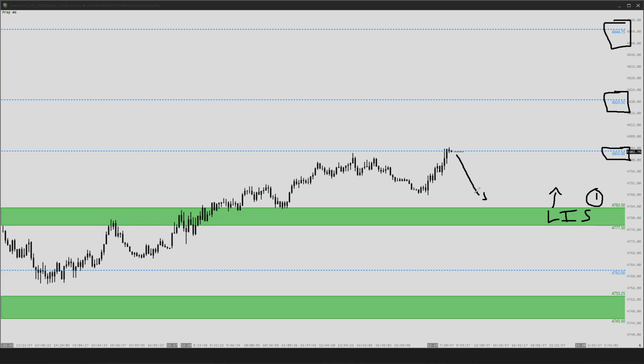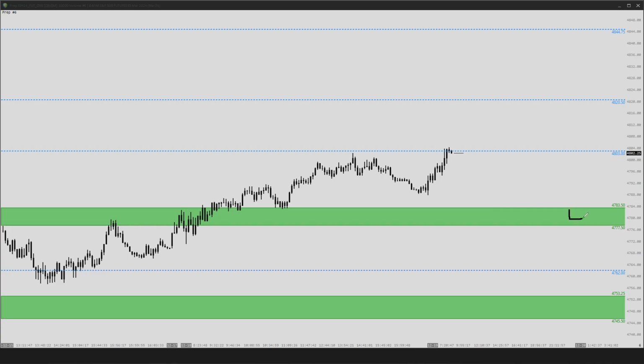So if we do get this pullback, the main idea here, scenario one, is that we hold that line in the sand and continue to the upside. That would be a continuation up into here, here, or here. Now, if it does not happen that way, in other words, we don't get that pullback, what we'd actually see here is a break to the upside, then a pullback, and then a continuation up into that 48.20. And that would essentially be the way that scenario one can happen from where price currently is as we're looking at the DMI. Now, that's just a general plan. The overall idea is to stick with the bullish side of things, and we'll be focusing on this particular opportunity or this particular opportunity with scenario one.